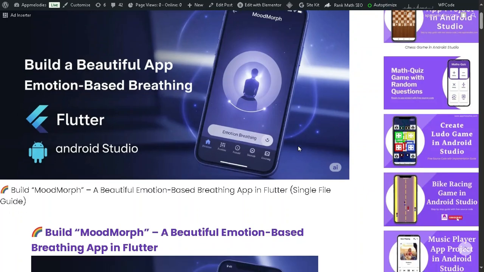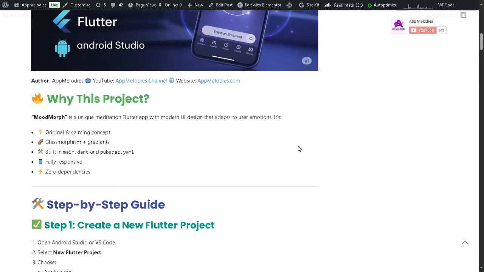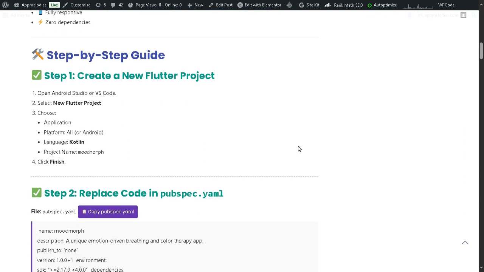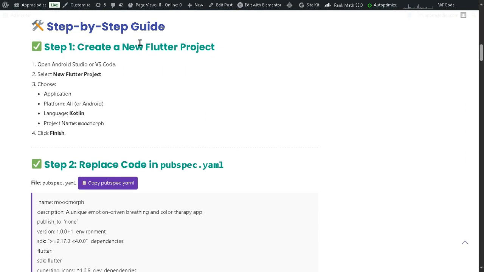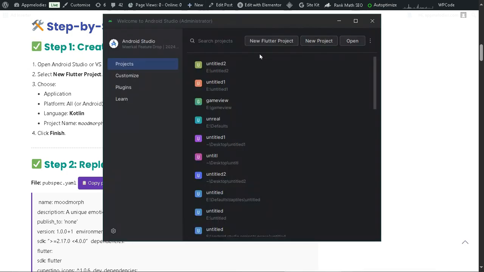Today I'm super excited to walk you through a beautiful and relaxing Flutter project called MoodMorph. It's a unique breathing and color therapy app designed to match your emotions and help you de-stress in just a few minutes. Let's dive into the steps and build this clean, modern Flutter app without using any external assets or